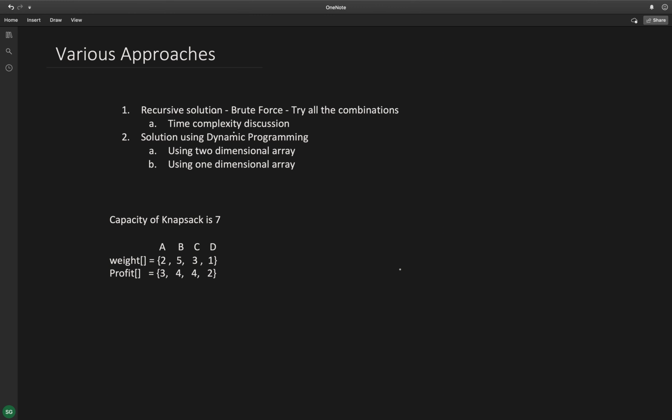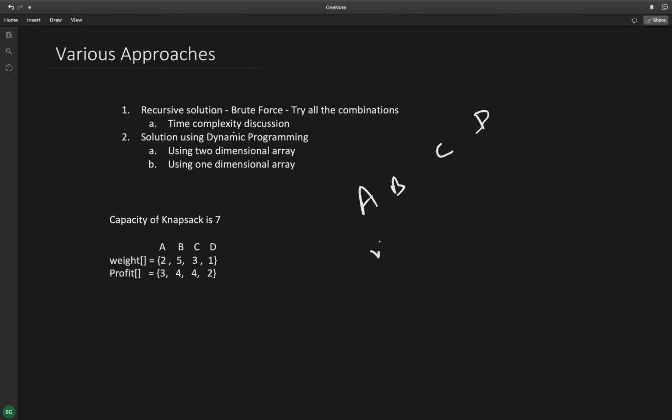Now before writing the recursive solution, we will first analyze how we will write that solution. So we have these four items A, B, C and D. For every item there are two options, either to select that item or reject it.